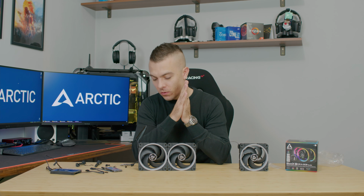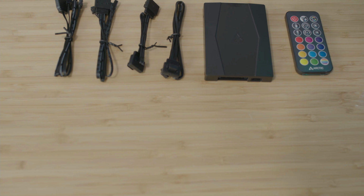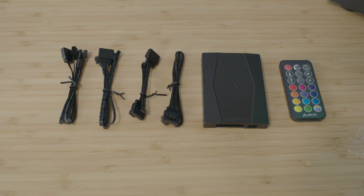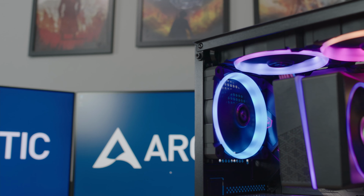So I think you already know everything. Let's check some specifications and connect these fans to a case to check out the RGB. As I already stated, the fans are optimized for static pressure. Inside the motor you have a lubricant capsule, the lubricant of course, the impeller, Teflon plate, steel shaft and precision bearing. When it comes to the fan speeds, from 400 to 2300 RPMs, which is controlled by PWM, the